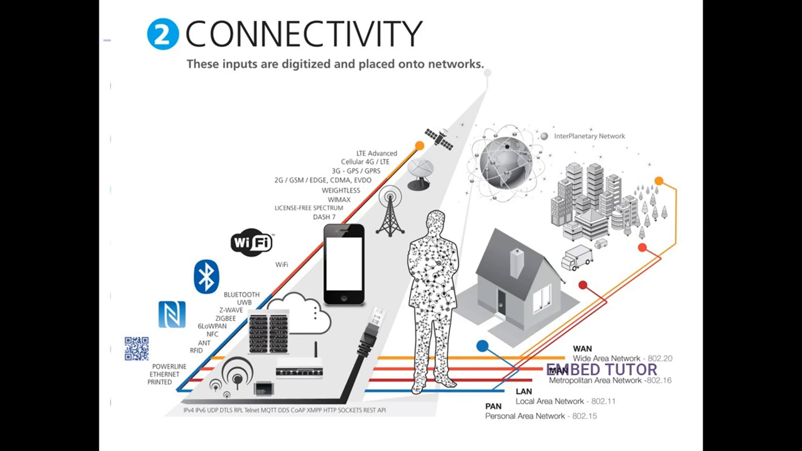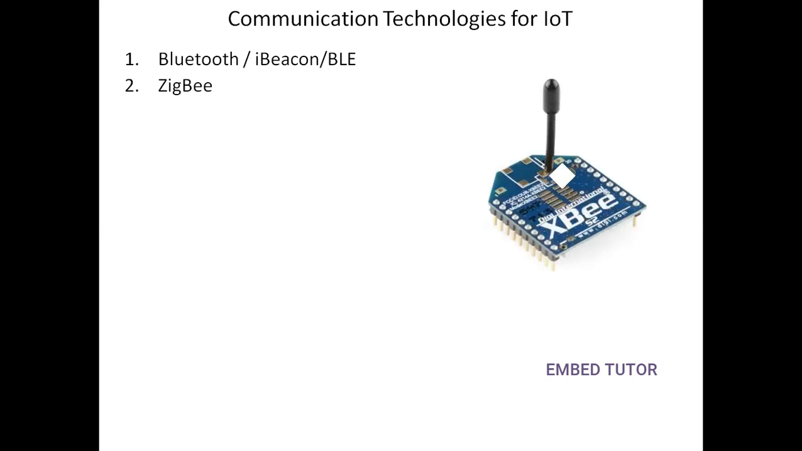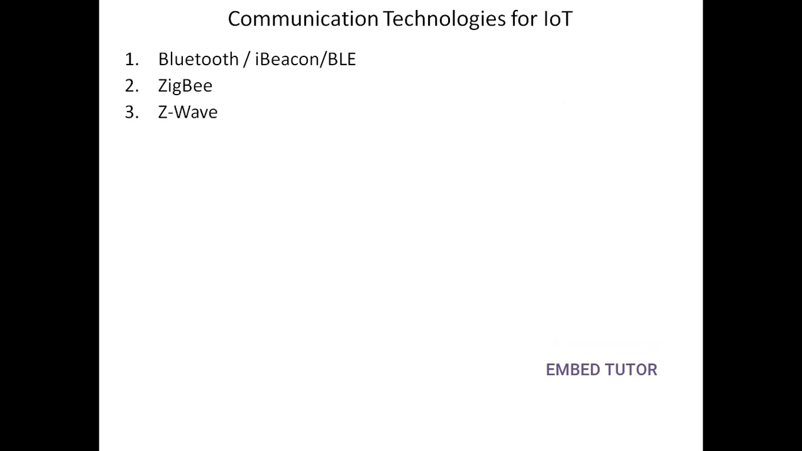We move on to the next thing, the various communication technologies that are adopted in the IoT. The popular ones are Bluetooth, iBeacon, Bluetooth low energy or Bluetooth smart, followed by Zigbee, the short range and low power protocol, followed by Z-Wave, which is predominant in smart home applications, followed by near field communications and the radio frequency identification, RFID, Wi-Fi